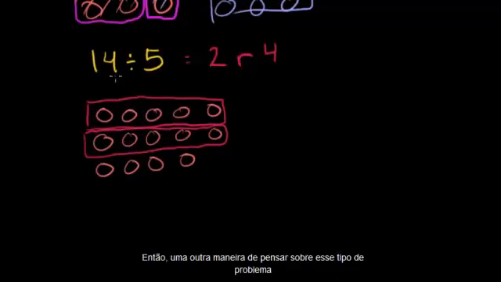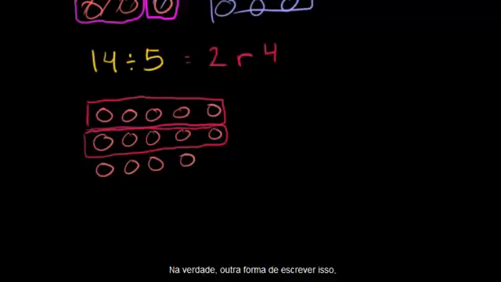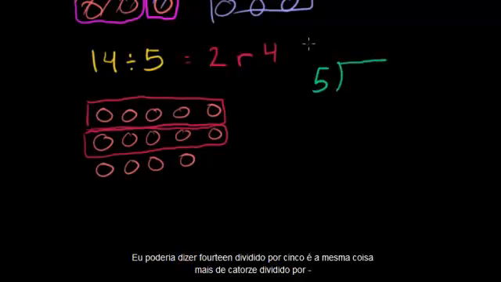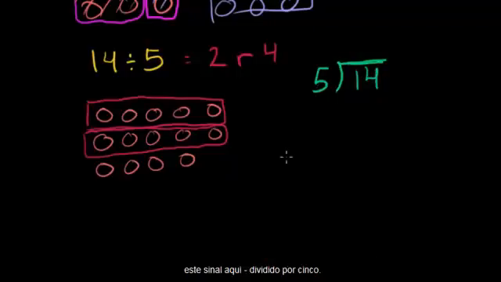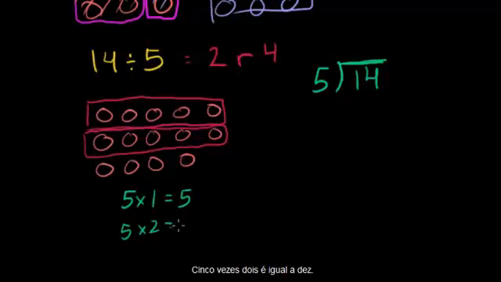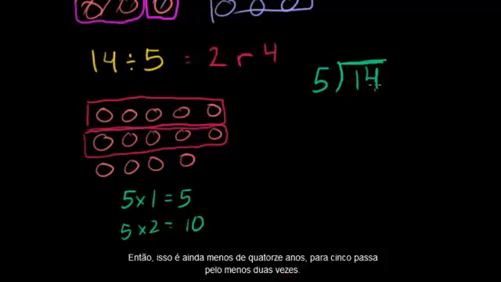So another way to think about this type of problem is to say, well, 14 divided by 5, how do I figure that out? And actually, another way of writing this, and no harm in showing you, I could say 14 divided by 5 is the same thing as 14 divided by this sign right here, divided by 5. And what you do is you say, well, let's see, how many times does 5 go into 14? Well, you kind of do multiplication tables in your head. 5 times 1 is equal to 5. 5 times 2 is equal to 10. So that's still less than 14. So 5 goes